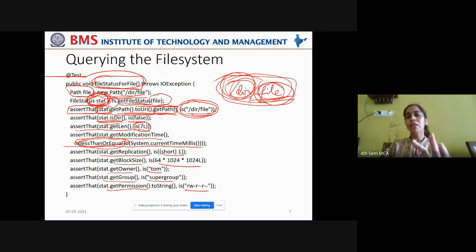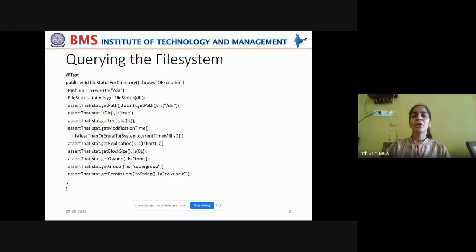You can tally with all the file's metadata by using the assertThat function. Now, your next method tries to compare the metadata with the retrieved data for a directory. In the previous case, you have done it for a file. Now it is for a directory. Okay, the code will be almost the same. Only thing is you're passing a directory path here rather than a file. Previously, if you want to refer to a file, you have passed that file path. But here you wanted to understand about the status of a directory, not a file.